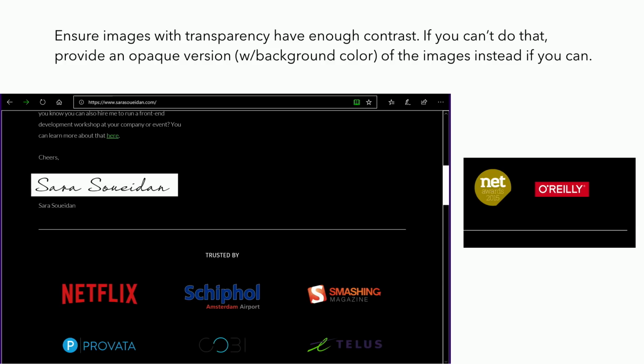Ensure that the images with transparency have enough contrast. If you can't do that, provide an opaque version with background color of the images instead if you can. So these logos are from my personal website. When I was testing it for Windows high contrast mode, I realized that a lot of the logos have really bad contrast. So one thing I can do is either remove these transparent images and use opaque images like I'm